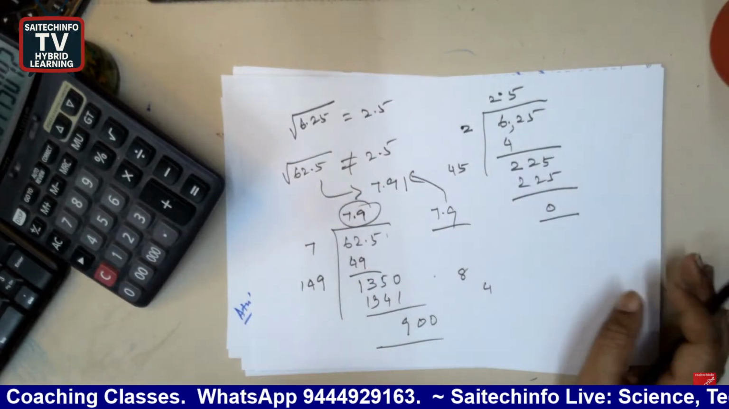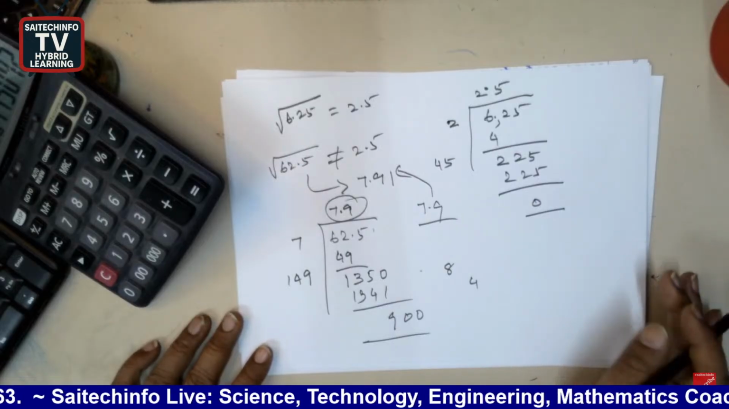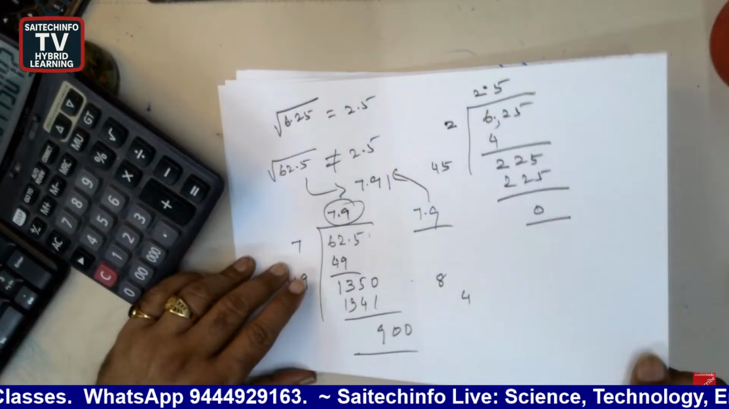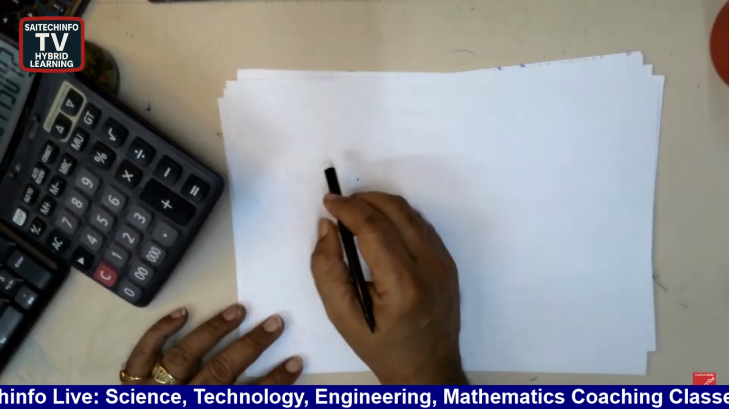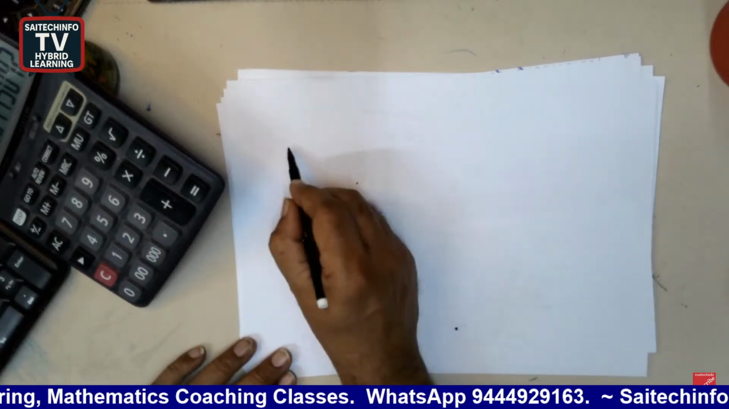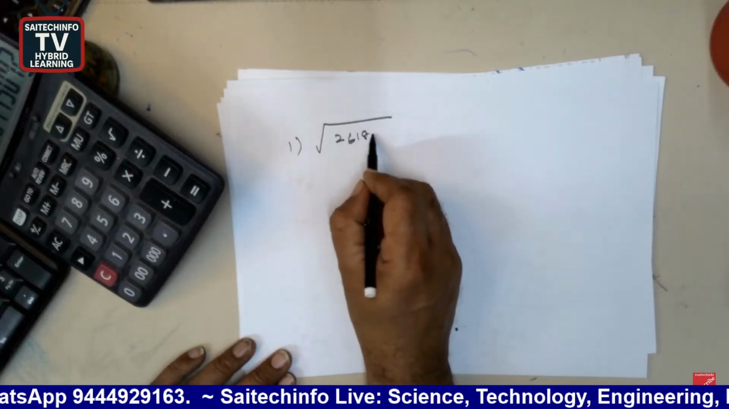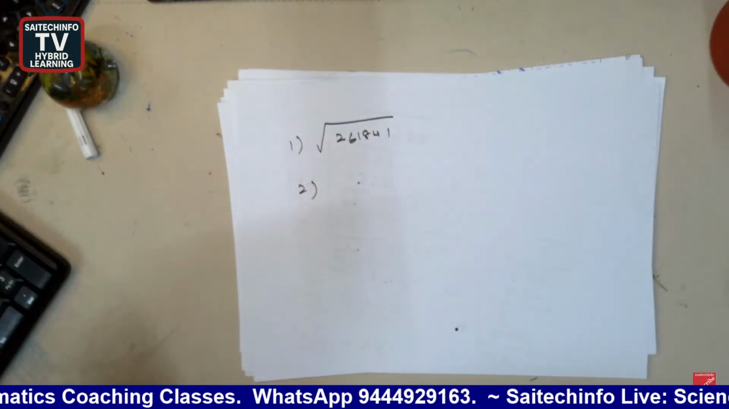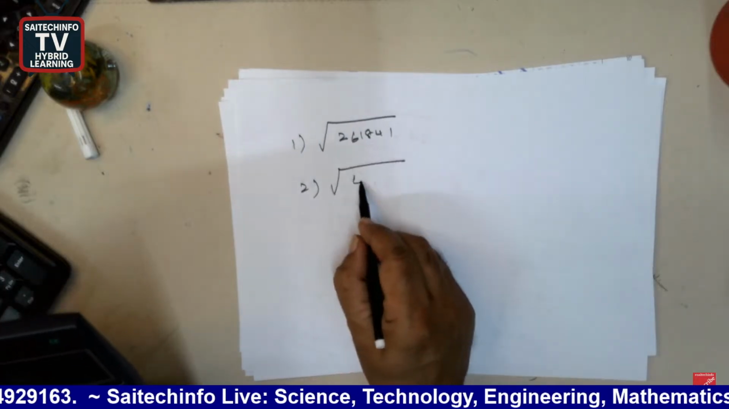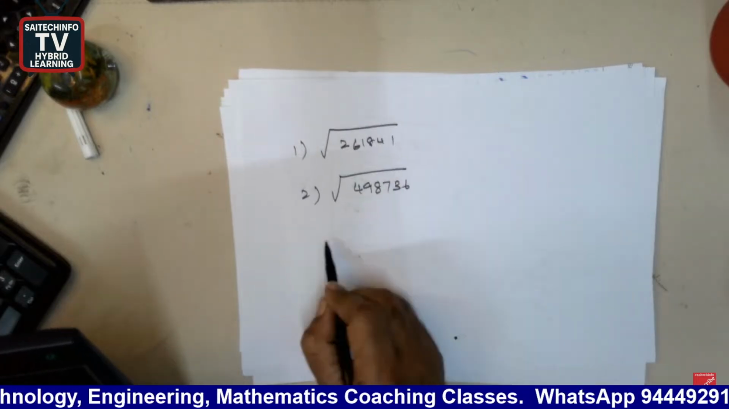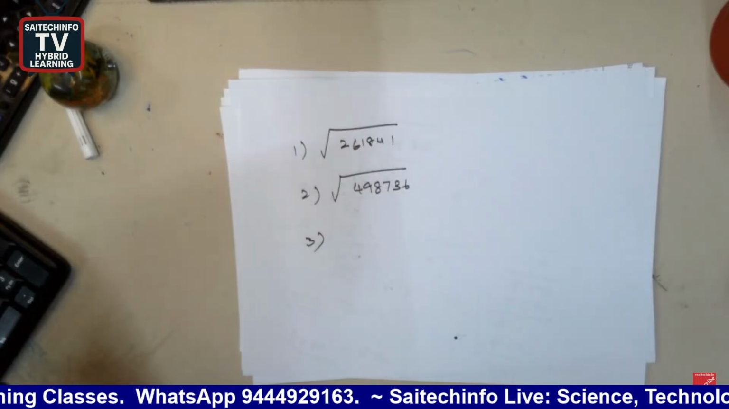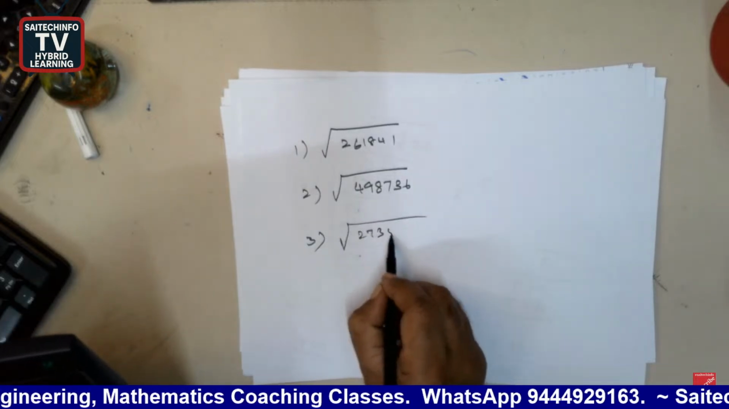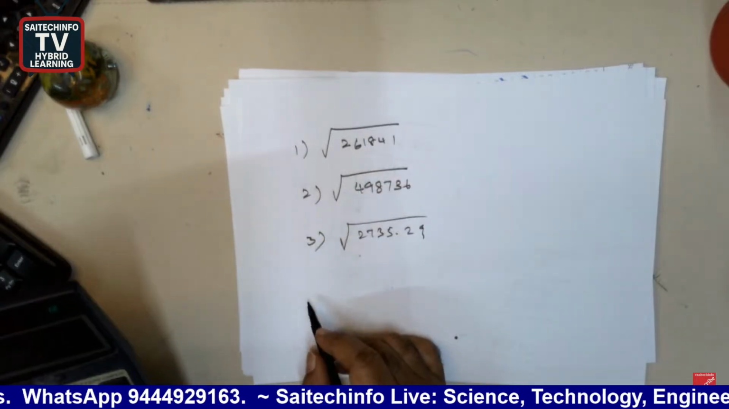Okay. So please remember this method of finding out the square root based on the division method. Okay. Now let me give you some worksheet. You try to solve this. You do it in the book. That is, find out the square root of 261841. Second sum: square root of 4987. These are all for practice. Third one: square root of 2735.29. So try all these things, and you can also try